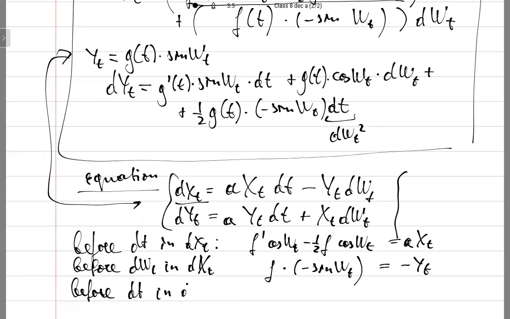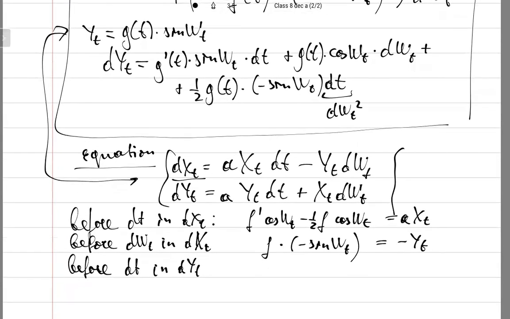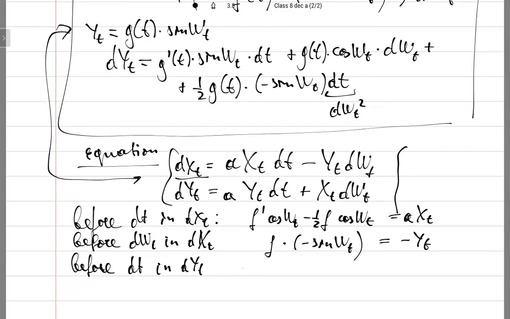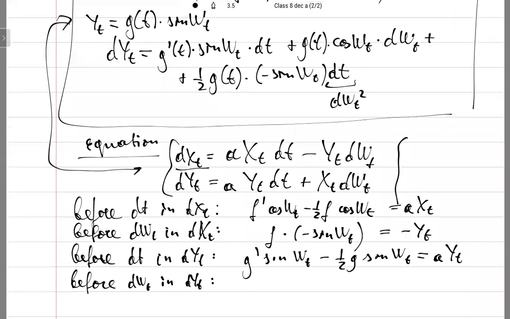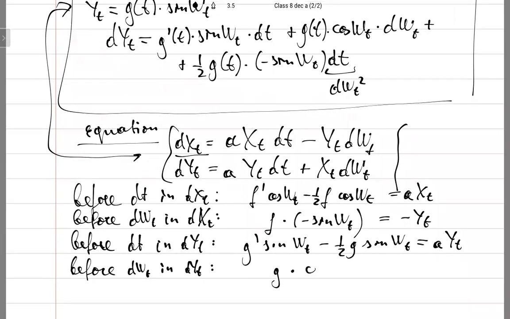dt in dyt? From one side, I should have f prime sine w minus 1 over 2 f sine wt. On the other hand, that should be equal to a yt. And the last equation, before dwt in dyt, I have j times cosine of w, and that should be equal to